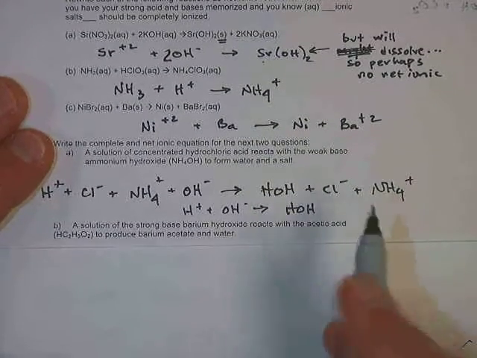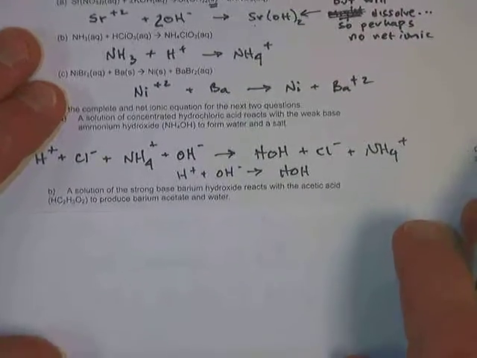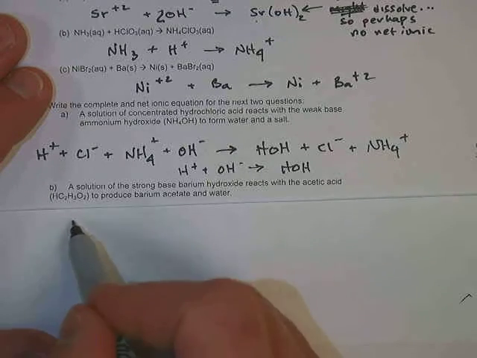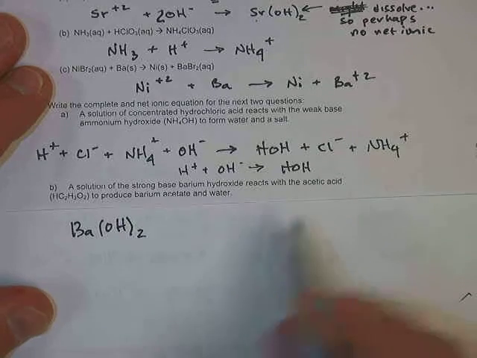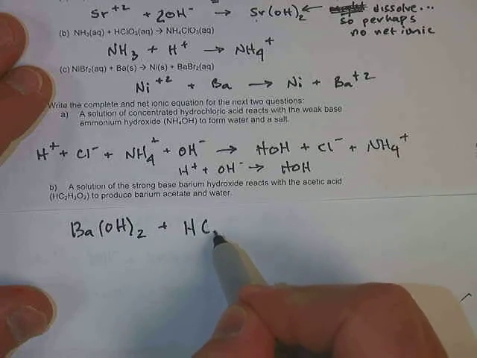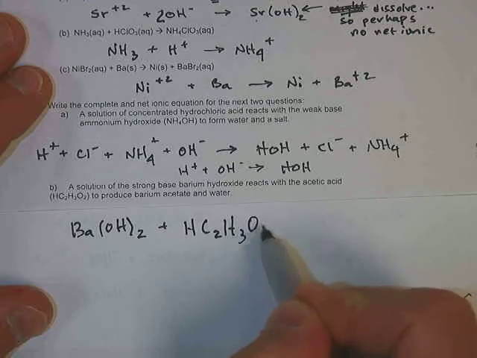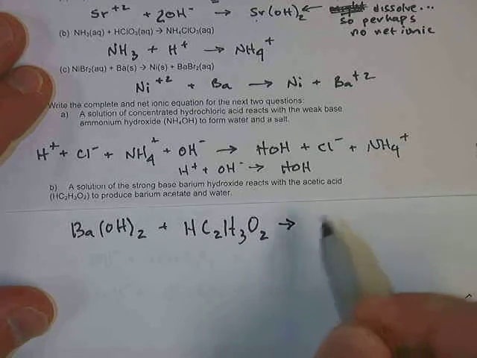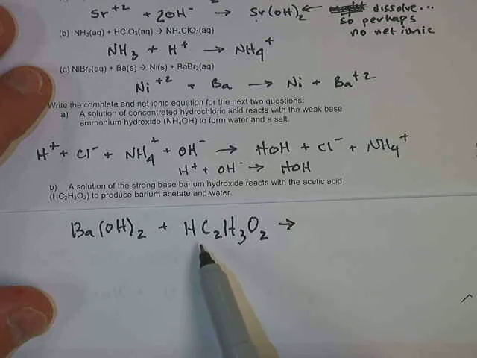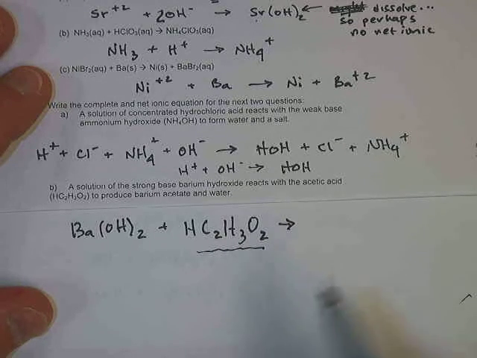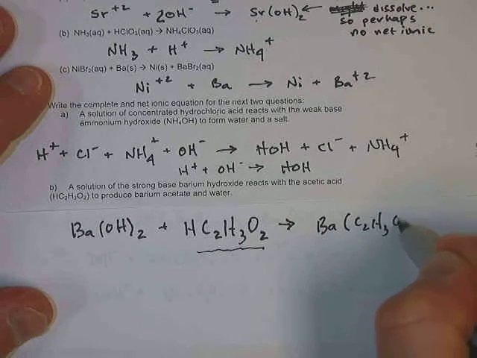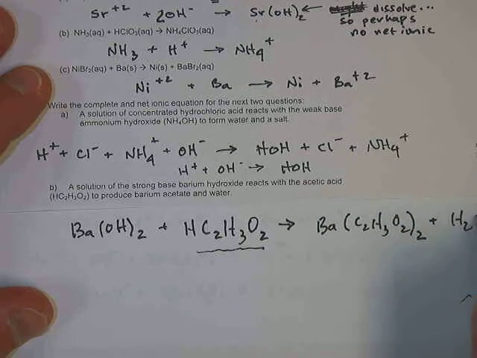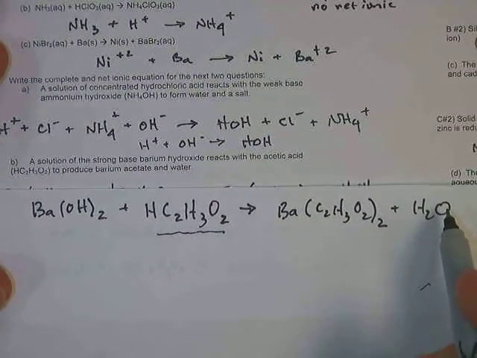I'll do one other example. Let's do this bottom one right here where it's a solution of a strong base, barium hydroxide. You can look at the other answers right here, and of course the answers are all posted as well. And so the strong base is barium hydroxide, and it says it's reacting with acetic acid, and you need to know or have memorized your strong acids. So you know the strong acids are HCl, HBr, HI, HNO3, HClO4, and H2SO4. Do not include acetic acid, so that's going to have to stay together, and it makes barium acetate,